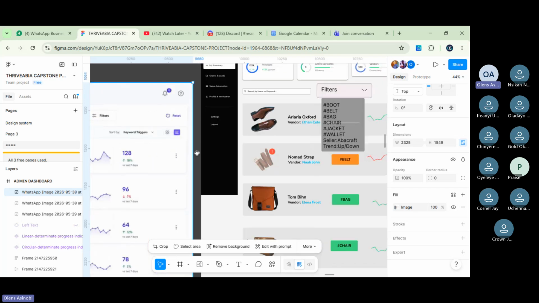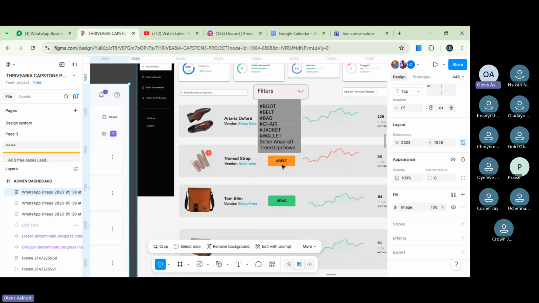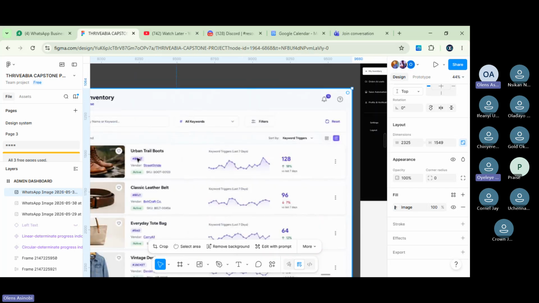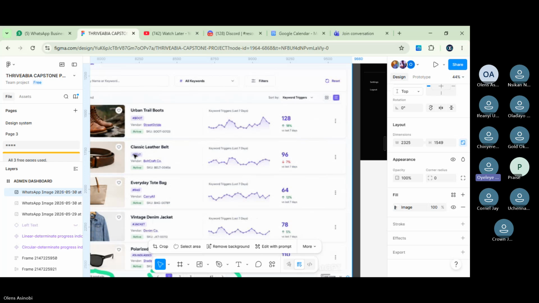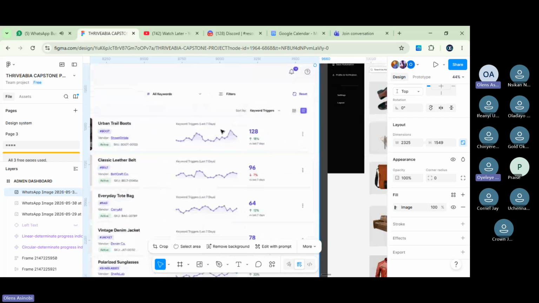It's not a solid background though, like this one. No, the background is light and just one particular background for all the keywords. So it will not be like a color riot. Yes, sir. Do you understand? Yes, sir. Then the keyword